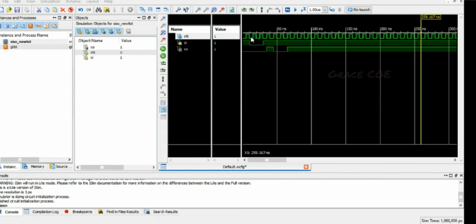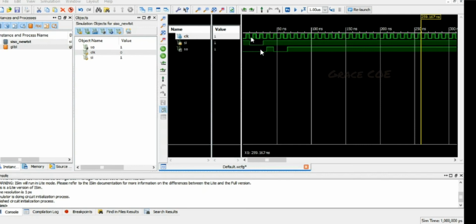During the second clock pulse, you can see SI value is 0. Then again during the third clock pulse, SI value is again 0. Then during the fourth clock pulse, SI value is 1. So this is the input we have given to the shift register.